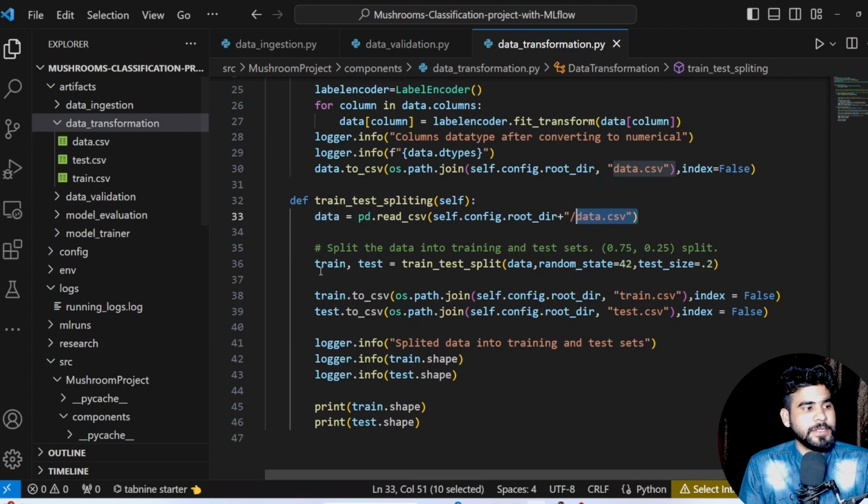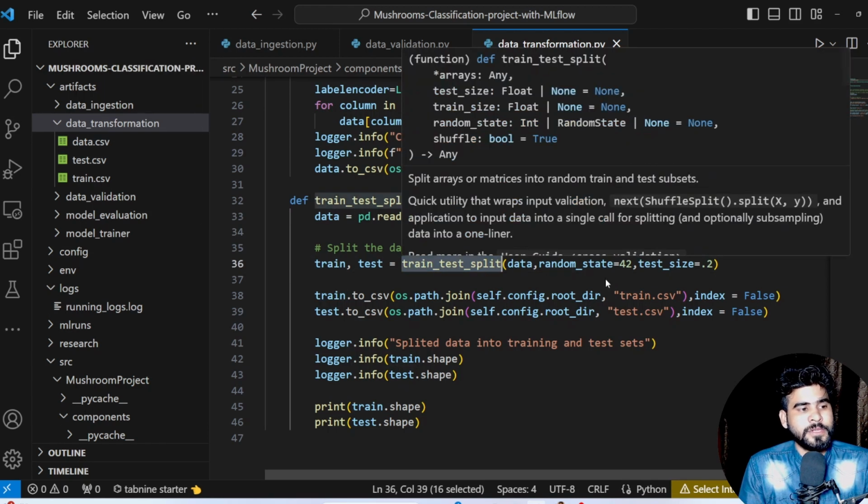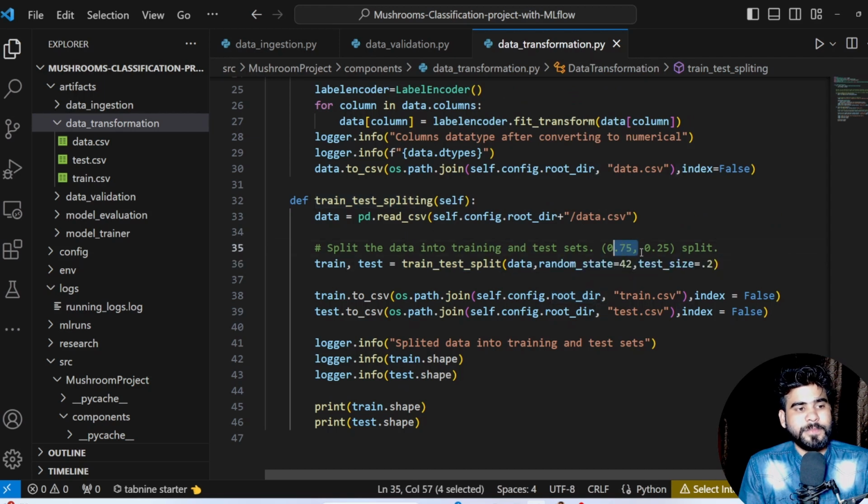So we are going to call the train test split function. 75% of the data we are going to use for the training purpose, and 25% for the testing purpose. Or 20% of the data for the testing purpose, and 80% for the training purpose. It's totally up to us. We can divide it 80-20, or 75-25, or 70-30. Now after dividing our complete data, after applying the train test split, we are going to save